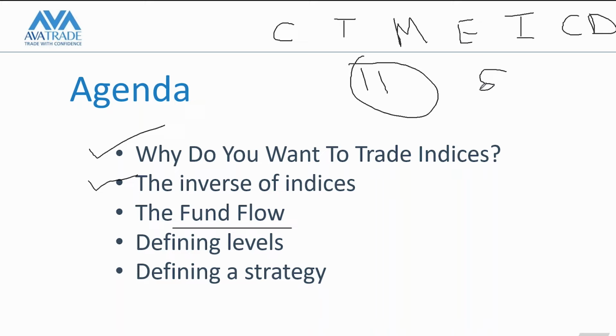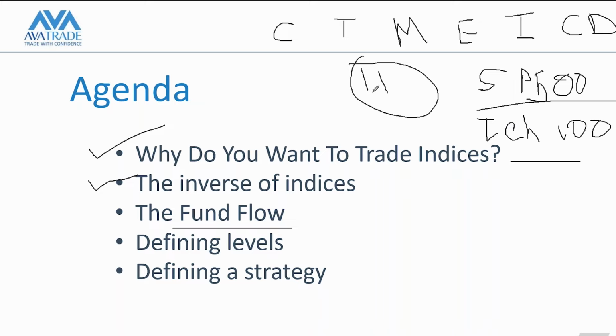Usually what we will do is look at the S&P 500 index, and then compare that with the Tech 100 index, which is your NASDAQ. So we compare how the overall market is doing, and of course we also look at the Dow Jones 30 at the same time. The Dow Jones 30 represents a very small portion of the market. We mainly pay attention to the S&P, and we mainly pay attention to the tech index.